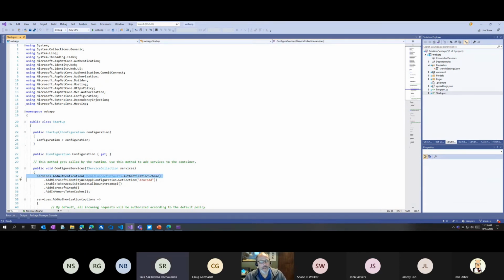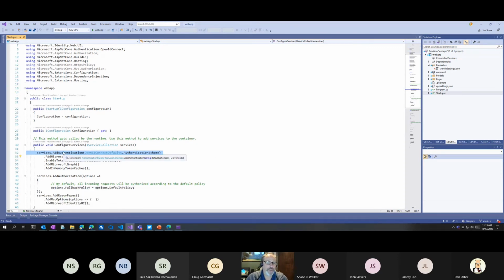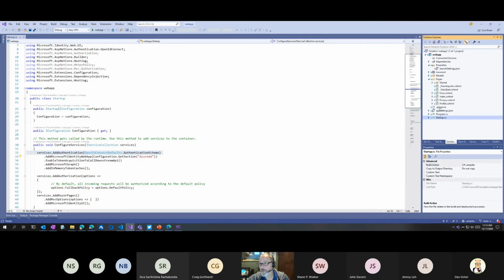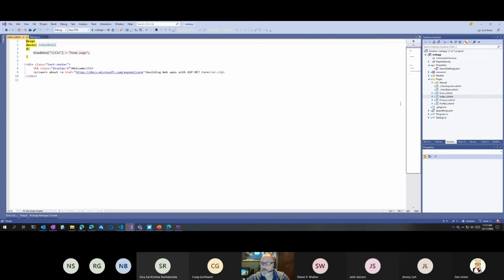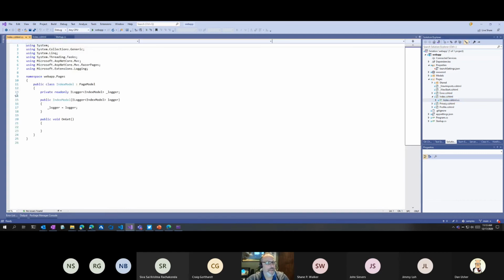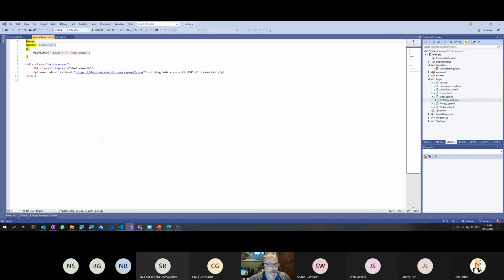In .NET web apps, either Blazor or MVC or anything like that, we have this option called Add Authentication. And you can see here it does OpenID Connect defaults. So this Add Authentication sets up the middleware that's part of ASP.NET. And the idea, of course, is that a request comes into a controller or a page. And if I go into that page and show you my index page, the code behind, oops, I lost my authorization tag.